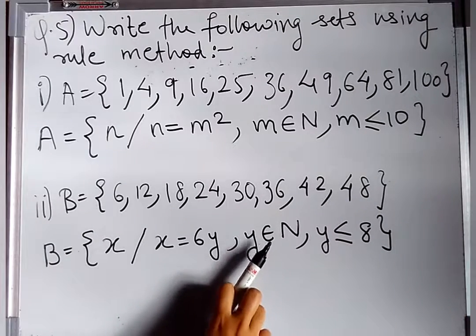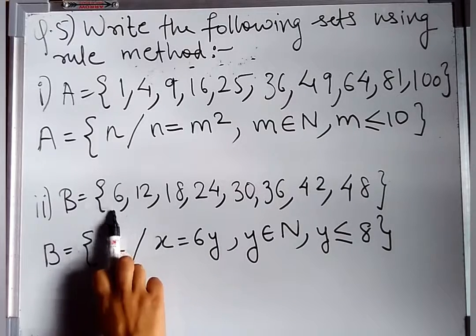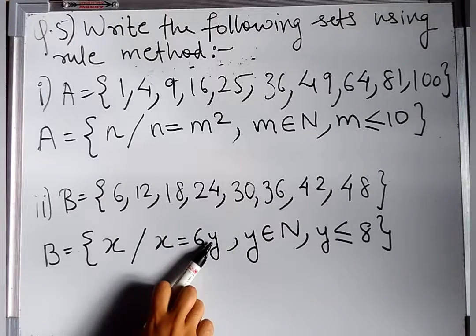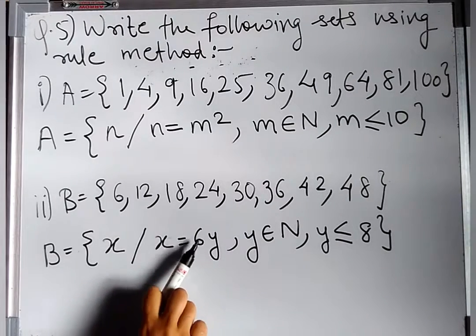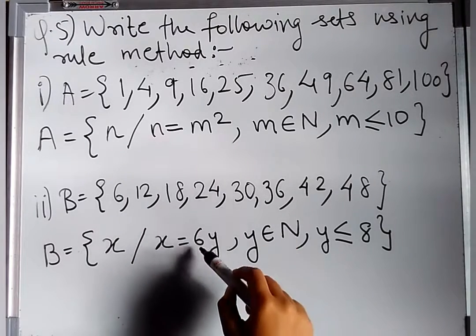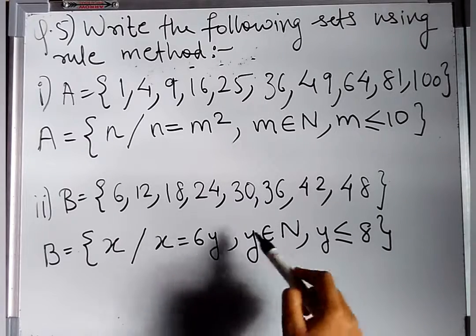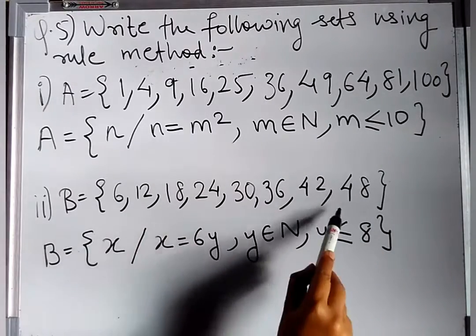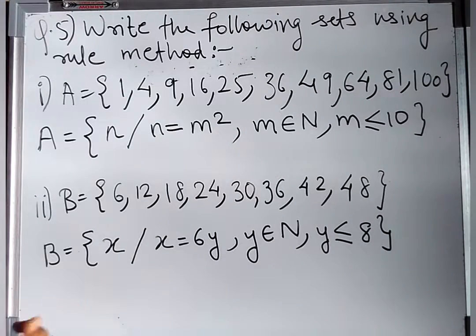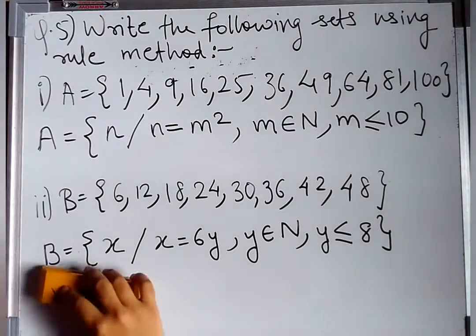So when y is natural number, it will start with 1. So when y is 1, x is 6. When y is 2, x is 12. When y is 3, 6 into 3, 18. When y is 4, 6 into 4, 24. 6 into 5, 30. 6 into 6, 36. 6 into 7, 42. And finally till 8 I can reach, so 6 into 8 is 48. So I get all the elements back. Clear? So now the next question in this particular exercise is,